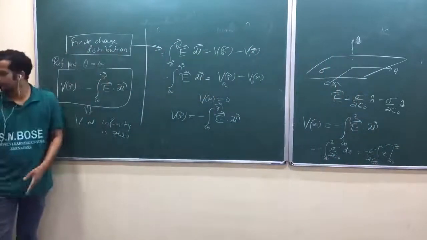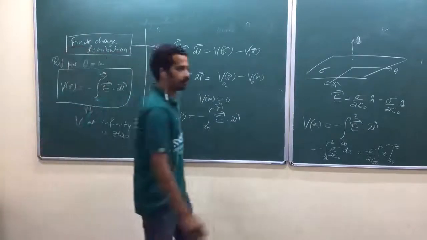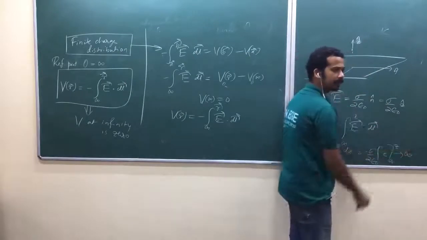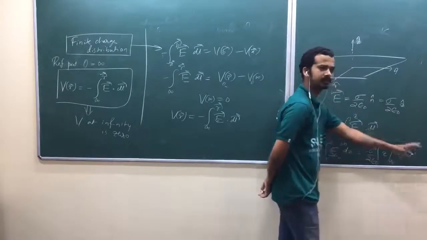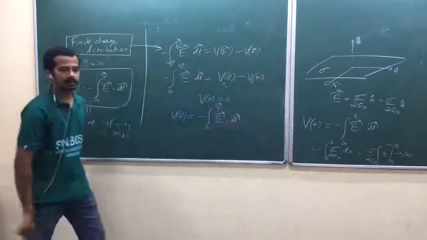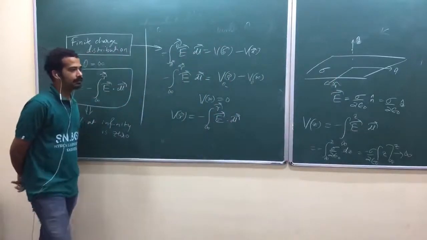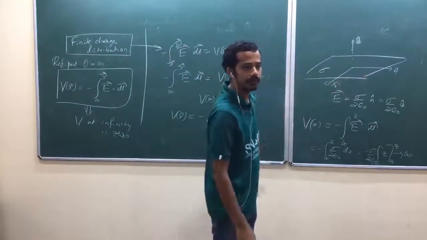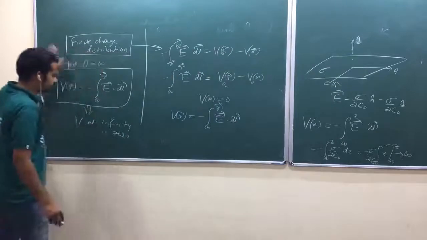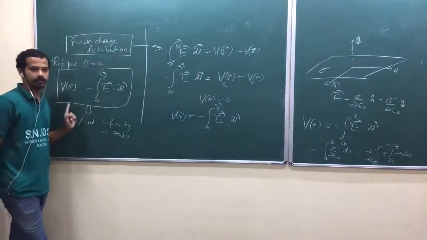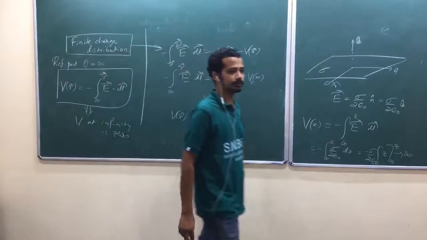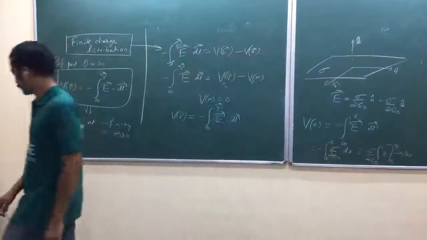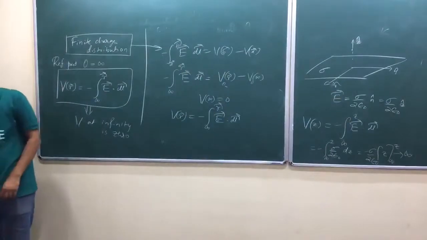Isn't it? Look at that. So that's why we should not choose infinity. Again, upper limit minus lower limit, maybe minus infinity, one more minus plus infinity, whatever. Okay. So that is again indeterminate. If you choose infinity as a reference point for an infinite charge distribution, you will get a problem. Okay. That's why this choice is only for finite charge distribution, and this choice also assumes potential at infinity vanishes. Yeah, speak out. Any question?